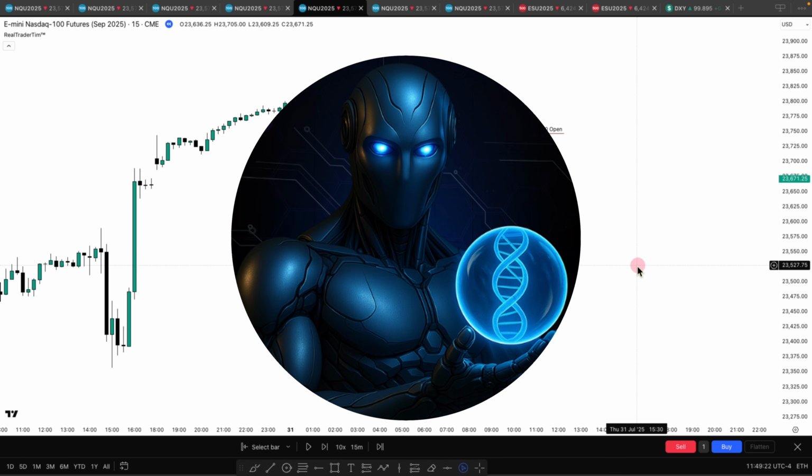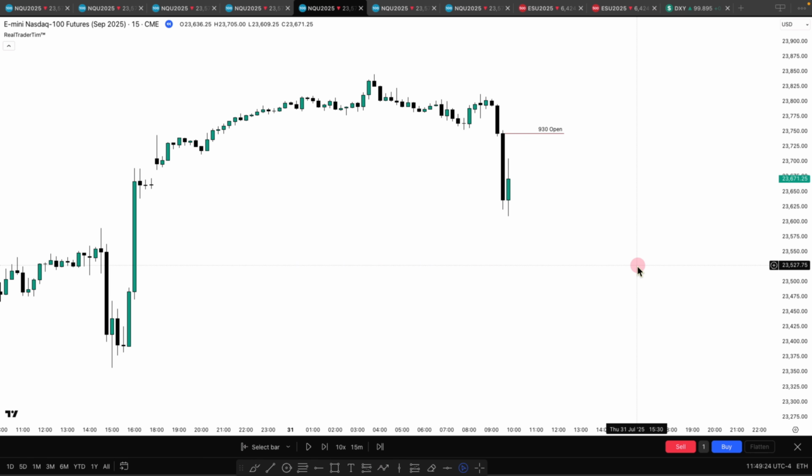Today we are going to be discussing when we can expect a trend continuation versus a reversal. So we're looking at the 15-minute chart here on NASDAQ. It is Thursday, July 31st, day before NFP. And really I want to dissect what occurred within the opening range, and more specifically, a setup that formed during